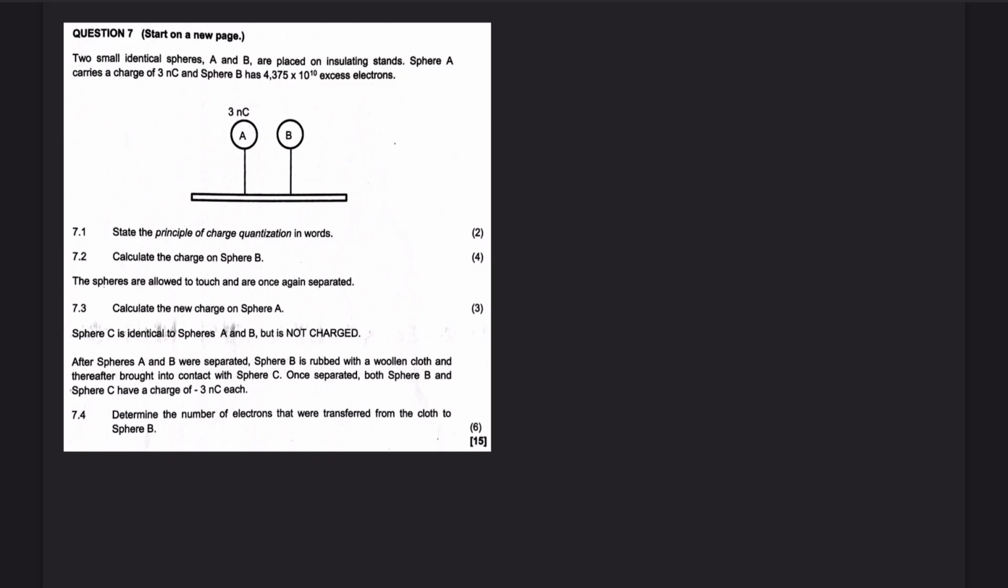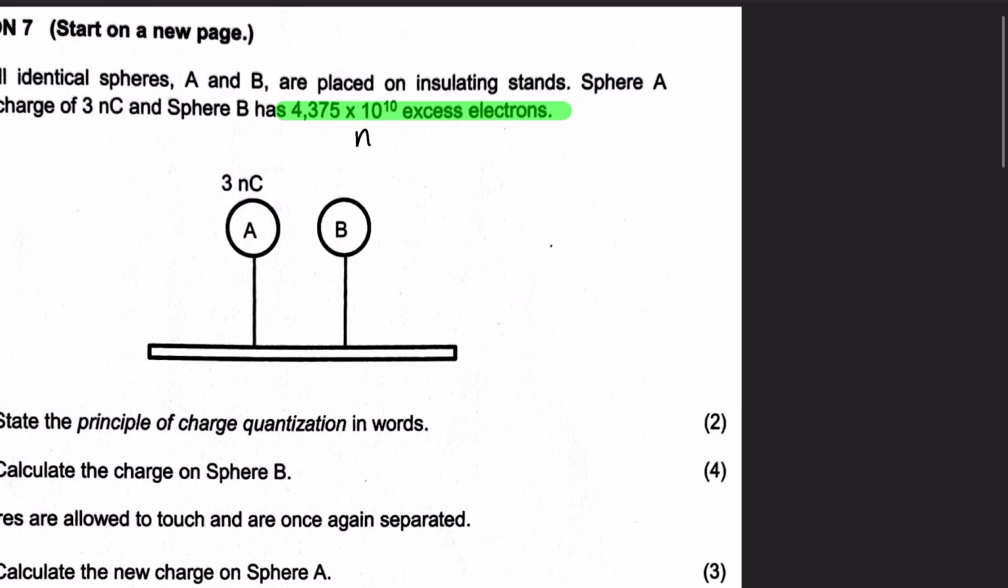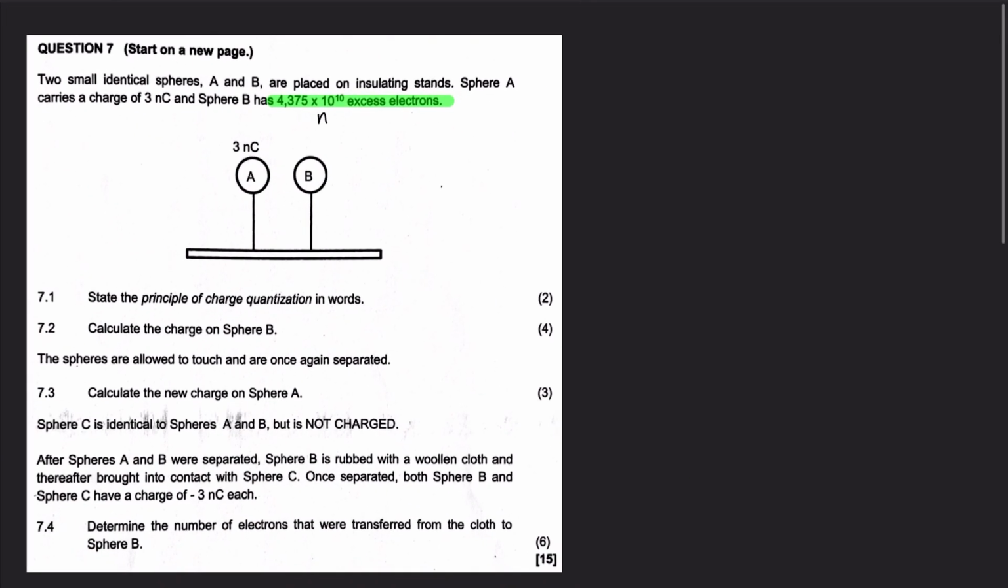Okay, question 7.2, calculate the charge on sphere B. So they've given us the number of excess electrons. In other words, they've given us the value for N. Now, we can calculate the charge if we have the N value. So for question 7.2, we can say that the charge of an object, in this case, the charge of B, is going to equal the number of electrons that B has multiplied by the charge of an electron. B has